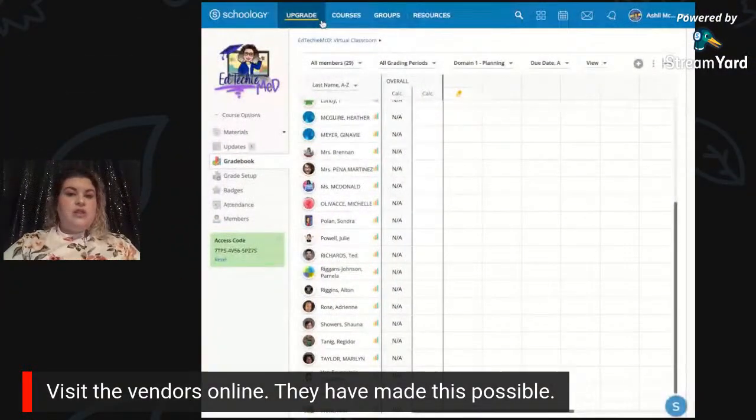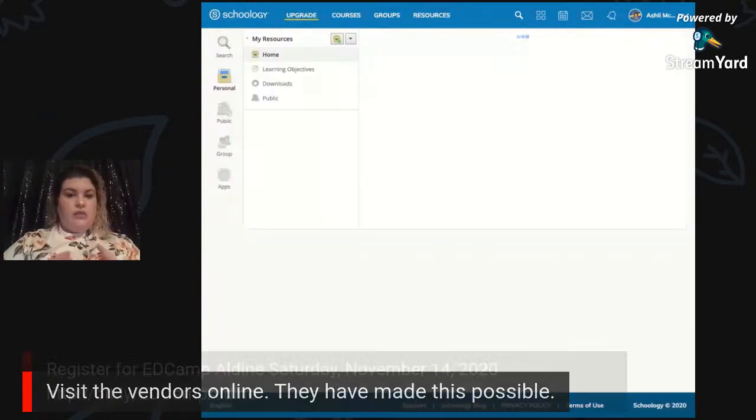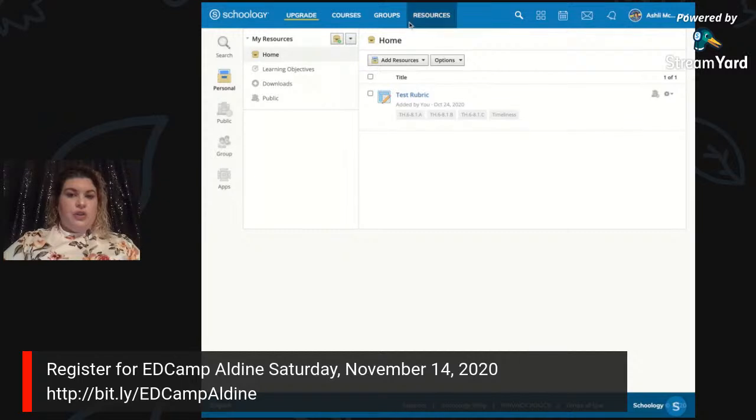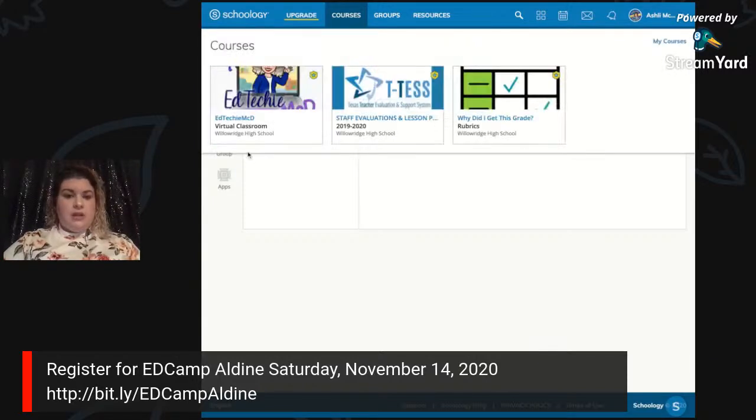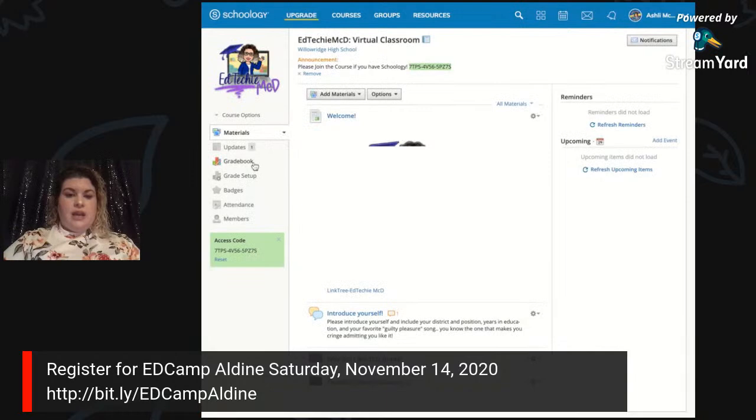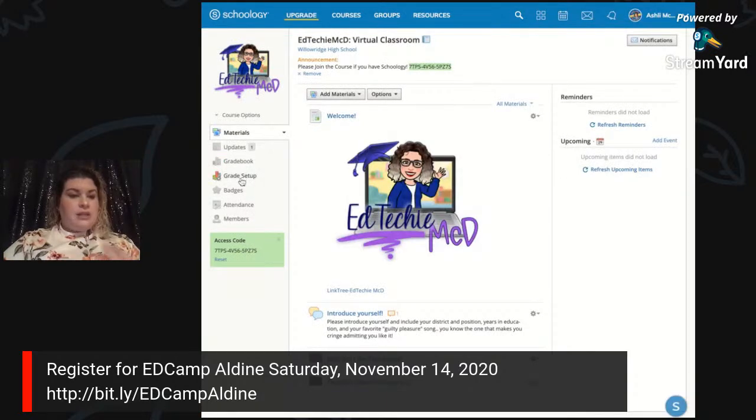When it comes to building rubrics, you can use your resources if you want to use them in there. Schoology also does a great job of having different areas where you can build rubrics and still have ways to get to them. If you want to build a scale or a rubric, you can go to your grade setup in the course.